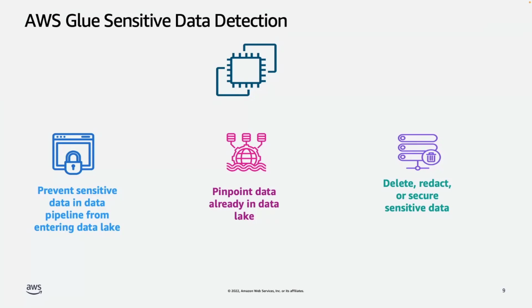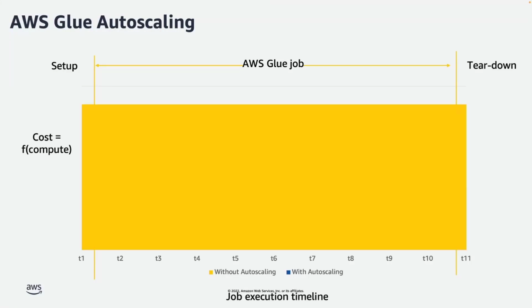Speaking about cost effectiveness, something that I want to really discuss is AWS Glue auto scaling capability. Let's start with the base case scenario, right? So you have a job that is running. You have allocated n number of workers for that job, and it is running for a specific duration. The billing will stop immediately after the execution of the job. So you are only getting billed during the time of the execution and for the number of workers that you